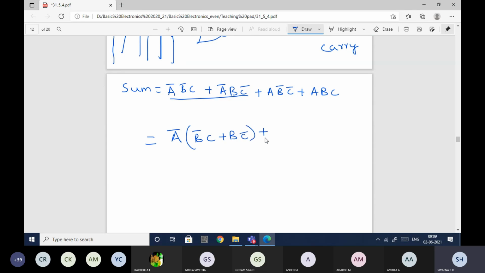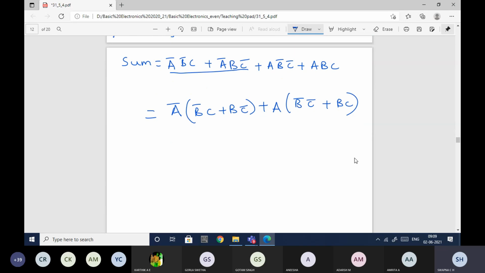Plus, A I'll take common. If I take A common, it will be B bar C bar plus BC. So see, from these two I've taken A bar common, and from these two terms I've taken A common. If you just recall, B bar C plus B C bar is nothing but